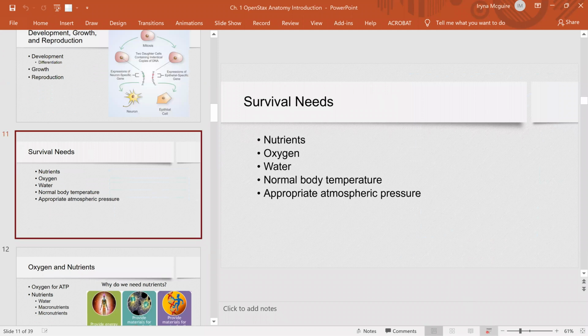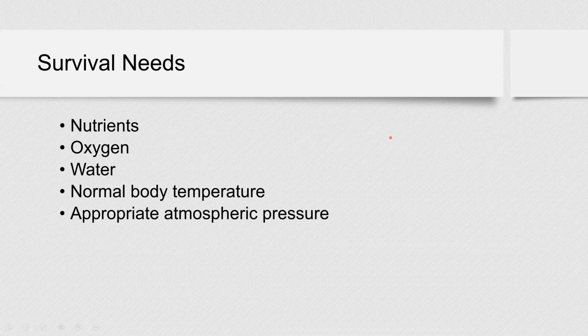Now, to keep all these functions, for you to move, for you to grow, for you to develop, to respond to different stimuli, you need nutrients, oxygen, water, normal body temperature, and appropriate atmospheric pressure. We all know that we need oxygen, nutrients and water, and many of us are aware of temperature, and few of us know that we must have appropriate atmospheric pressure, right? And this is necessary for us to be able to breathe, for air to move in and out of our lungs, and